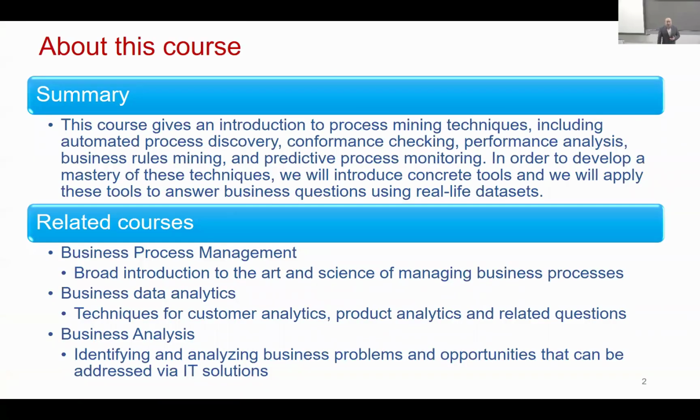This course is going to introduce the various techniques in the field of process mining. The goal is to have a 360 degrees view of how process mining techniques can be used to take data from enterprise systems and turn them into insights about the performance and the conformance of various types of business processes in an organization. And this course complements other courses that are available to the students in the Masters of Data Science of University of Tartu,